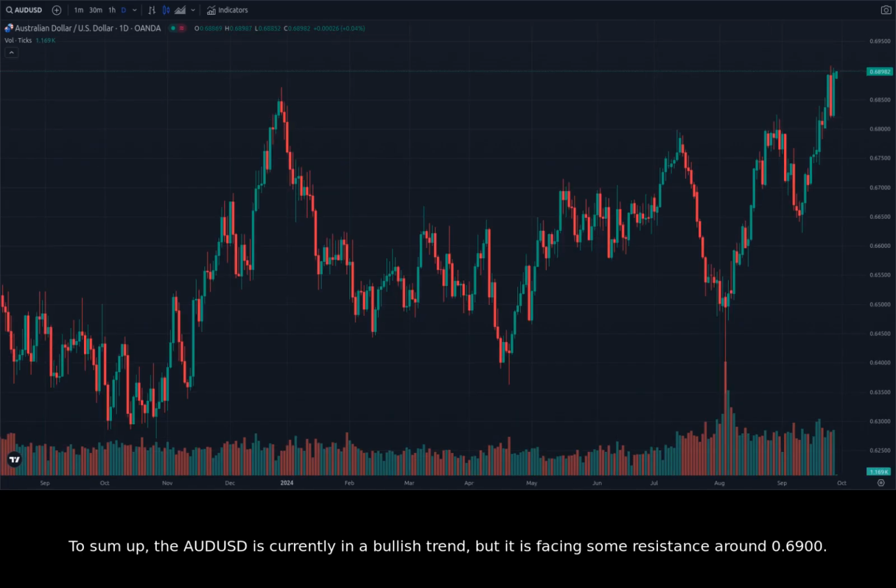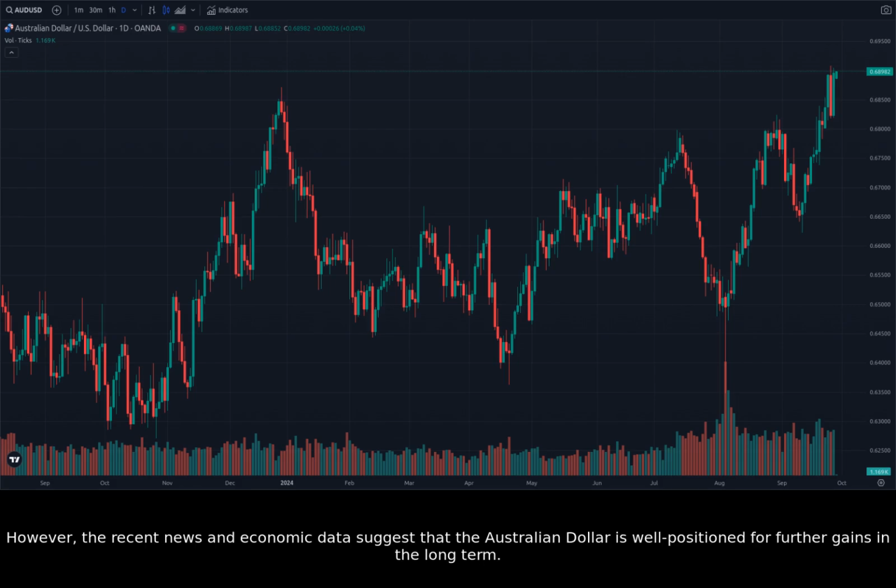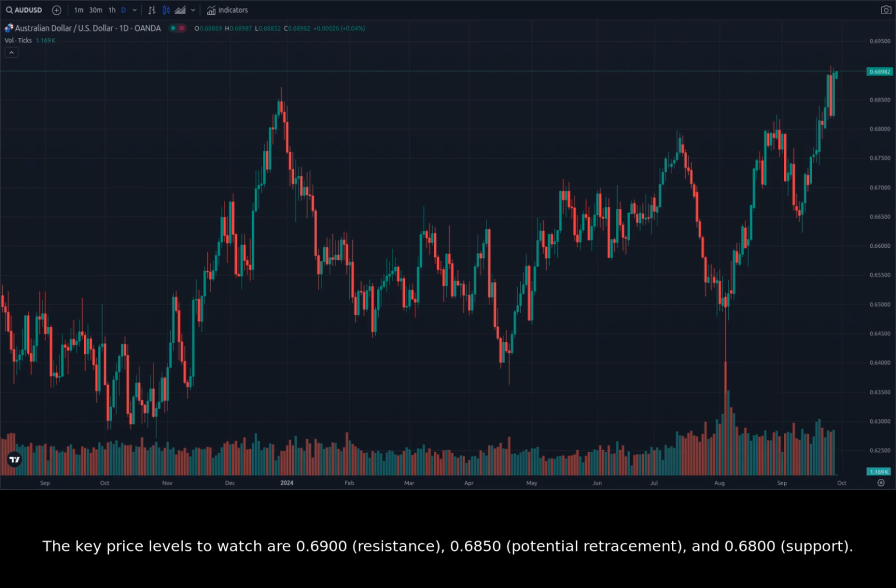To sum up, the AUDUSD is currently in a bullish trend, but it is facing some resistance around 0.6900. The short-term outlook is a bit more uncertain, as the pair is consolidating and showing some volatility. However, the recent news and economic data suggest that the Australian dollar is well-positioned for further gains in the long term. The key price levels to watch are